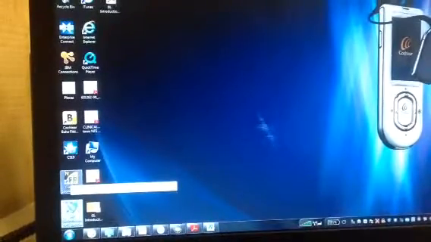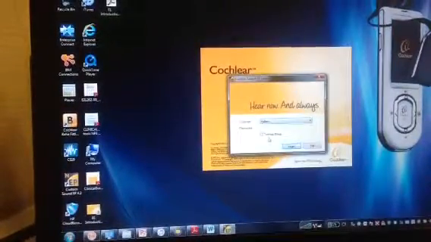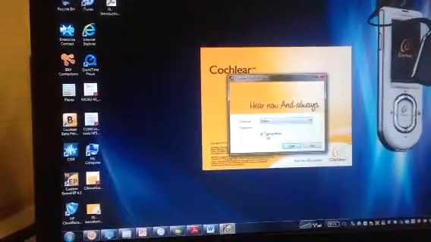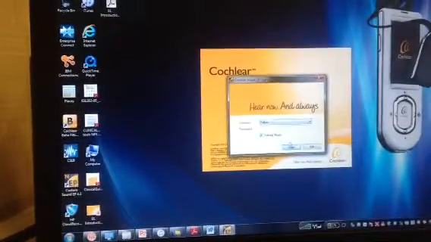You would open Custom Sound EP. In Custom Sound EP, you will go into training mode right now, but when you are actually doing it on a patient, you would not use the training mode. You say login. After you log in, this is the first screen that would come up.